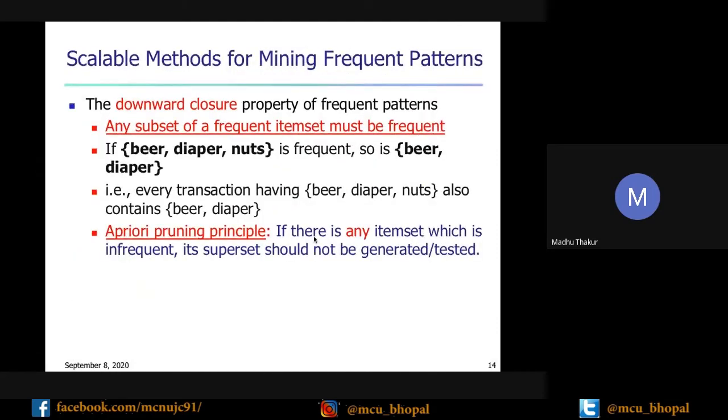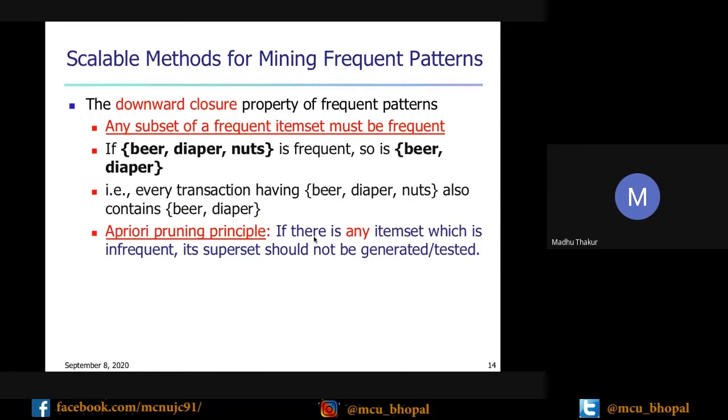This works based on two properties. One property is the downward closure property. That means any subset of a frequent item set must be frequent. If we have a frequent item set, all its subsets must be frequent.